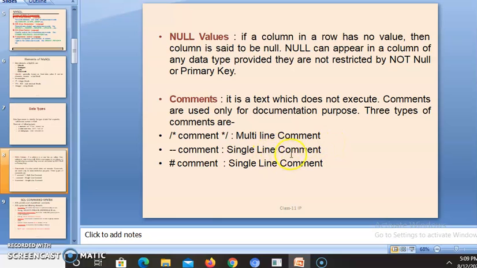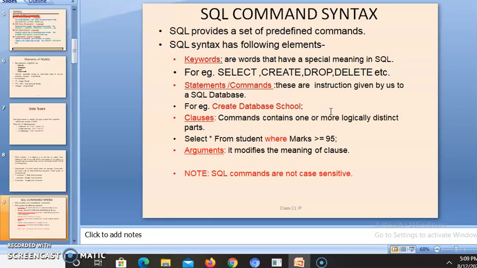If your comment is a single line, then we can use the hash symbol before starting the comment, or the dash symbol before starting the single-line comment. So comments are used only for documentation, if you want to document a specific line with a specific comment.